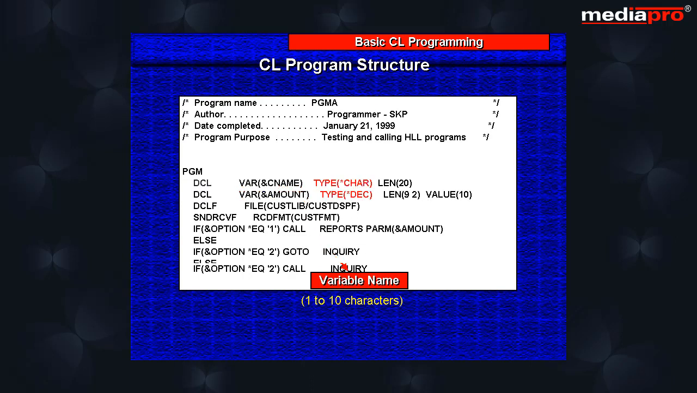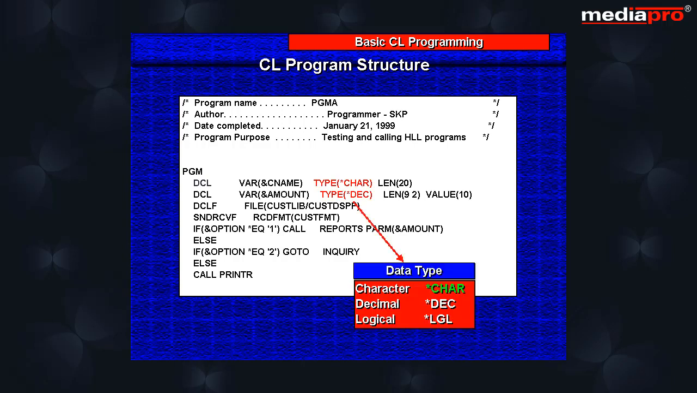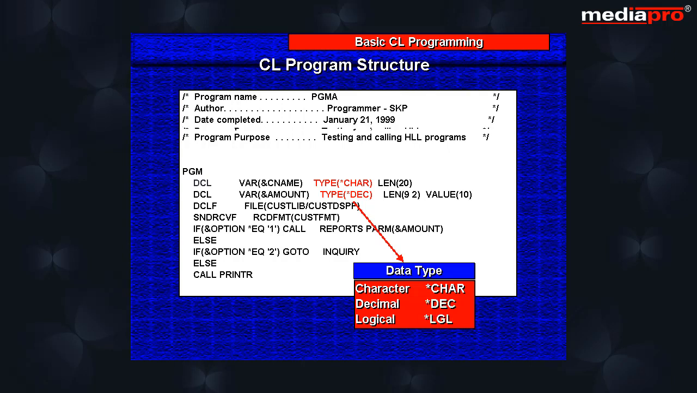The second parameter is type, that specifies whether the variable is to hold character, numeric, or logical data. We use *char for character data, *dec for decimal data, and *lgl for logical data. The len